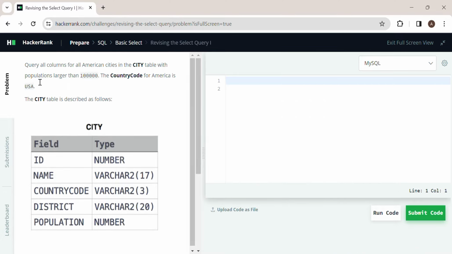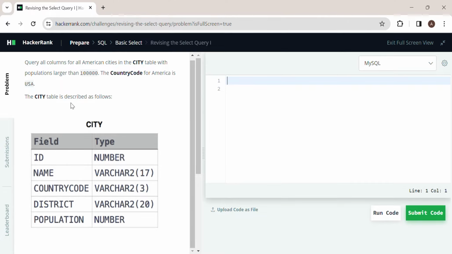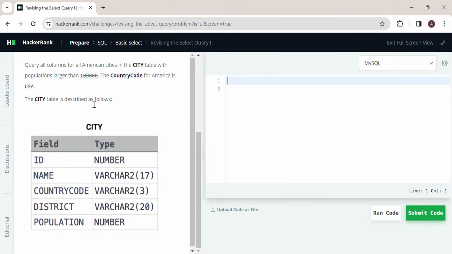The question is query all the columns for all American cities in the city table with populations larger than 100,000. The country code for America is USA. The city table described is shown below. So there are a total of 5 fields: ID, name, country code, district and population. The query they have asked is to query all the columns. So the first step is select all from city where